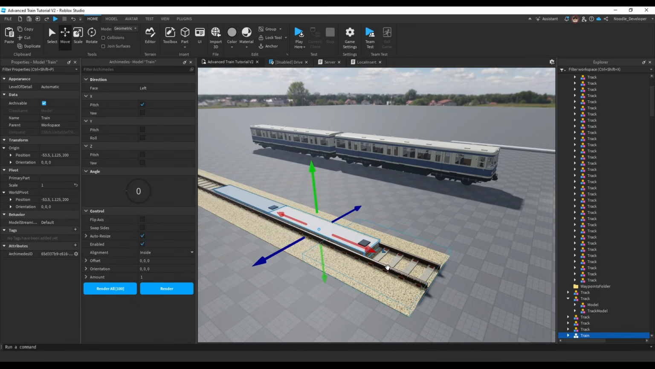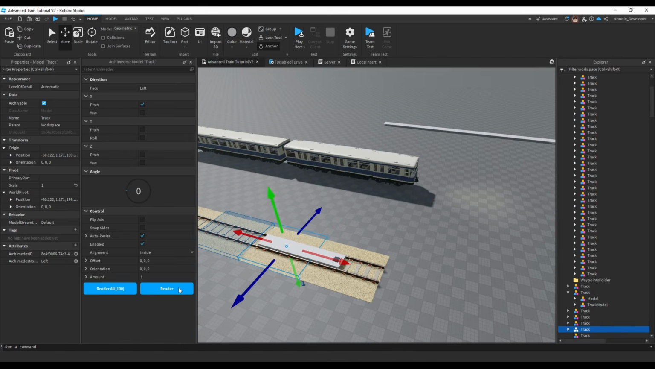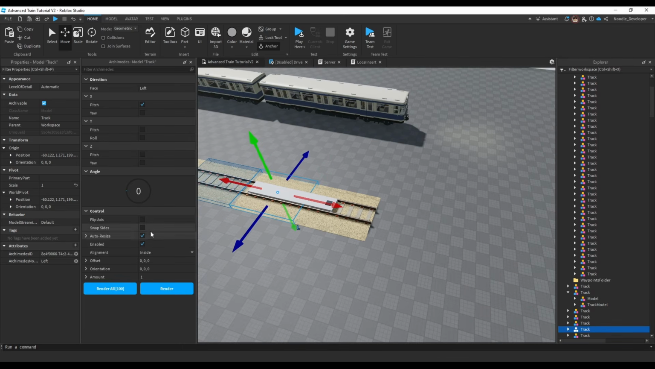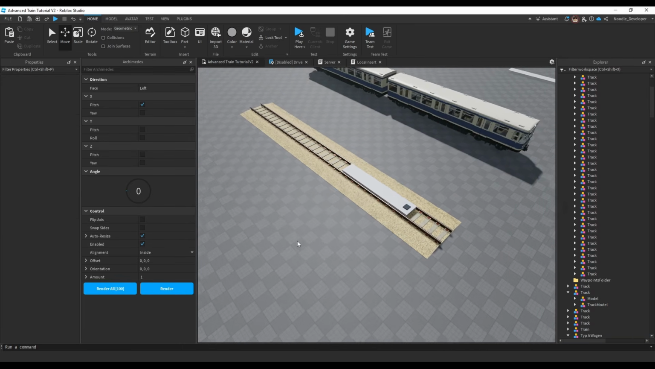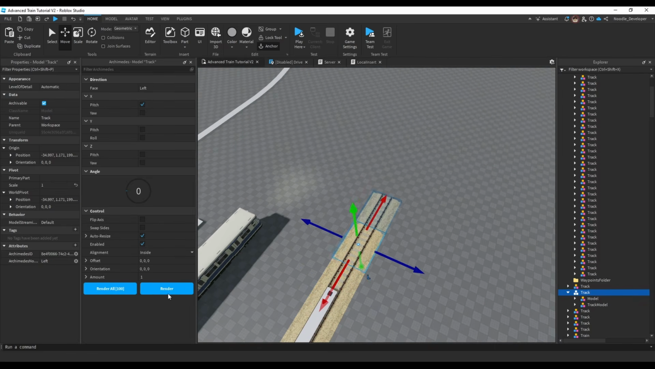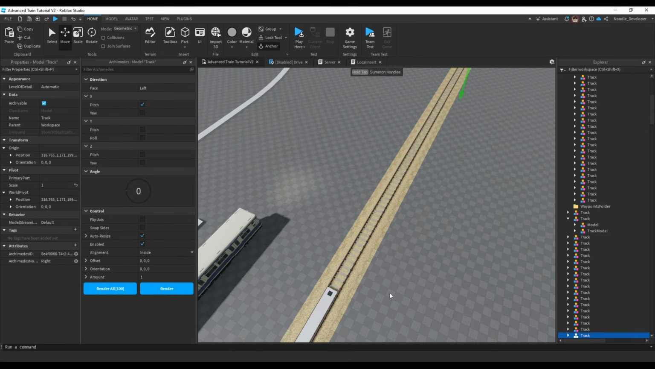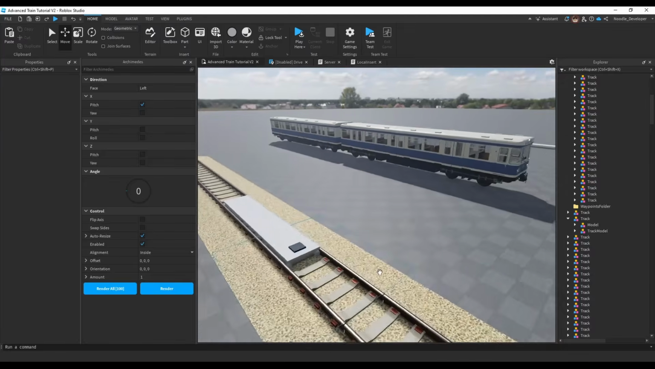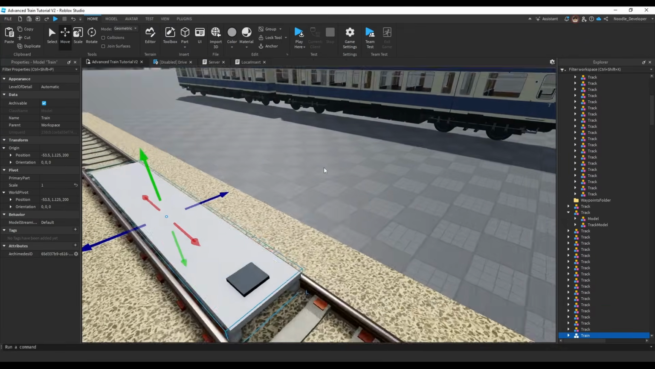Alright, now that we got this working, I'll just create a thing. Alright, click that, swap sides. Just make a long track that way. Okay, now that we got a train,